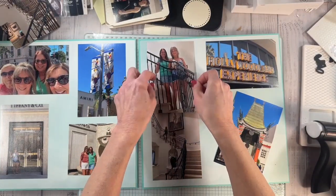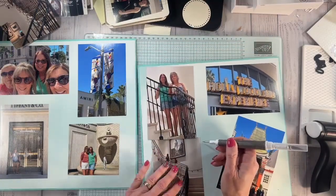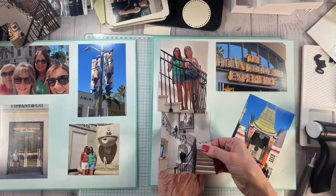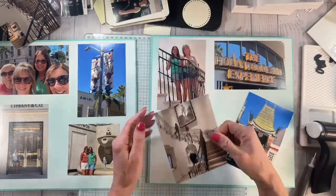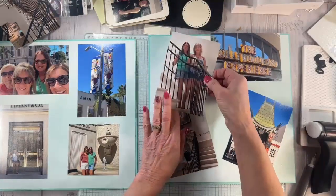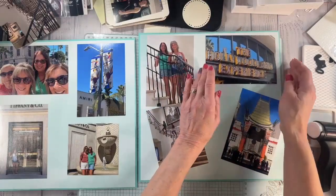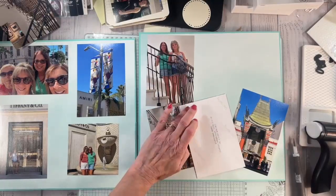I'm going to change that. Okay, I'm not going to glue that down yet. I'm actually going to lift this one up very gently. I'm going to put this one this way, and then add that one up there, so I can get that beautiful staircase in there. And then Hollywood Experience. Again, some of these pictures could have been a little better, but